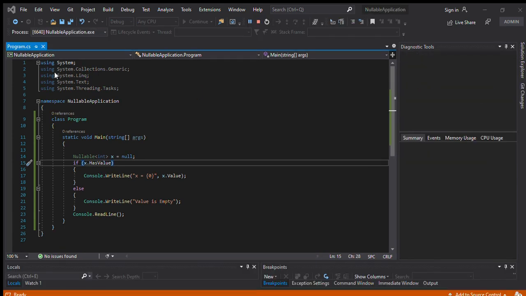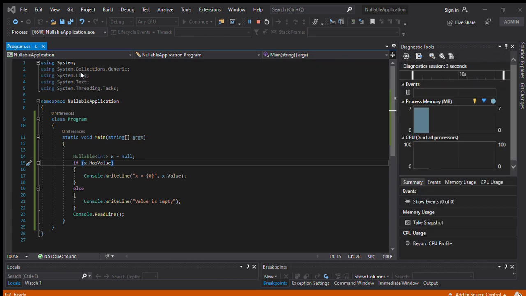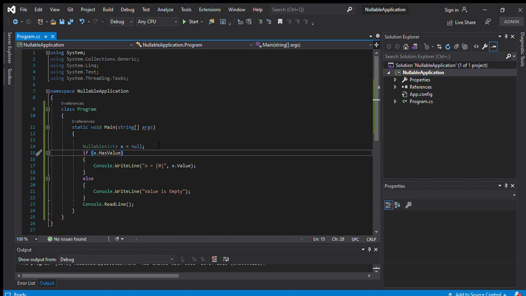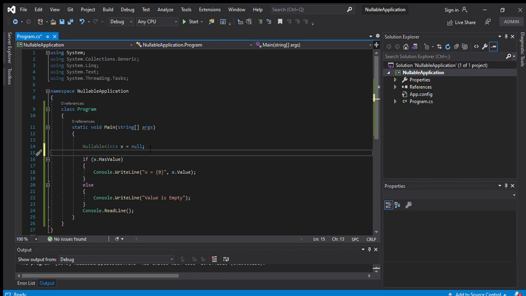It is showing the value is empty, right? Okay, and another way to declare nullable types, we can declare like this: int?, okay, int? y is equal to null. This is also valid.